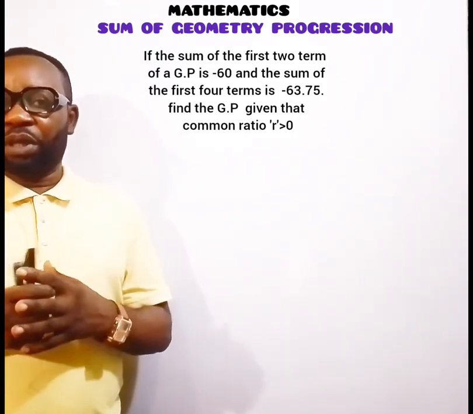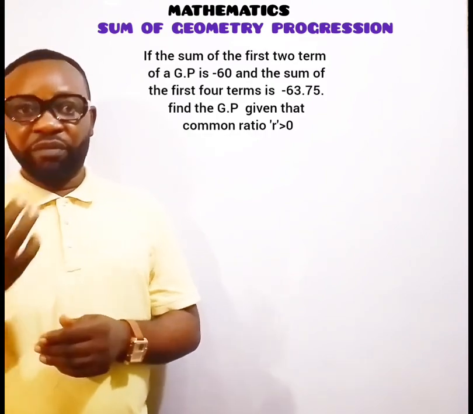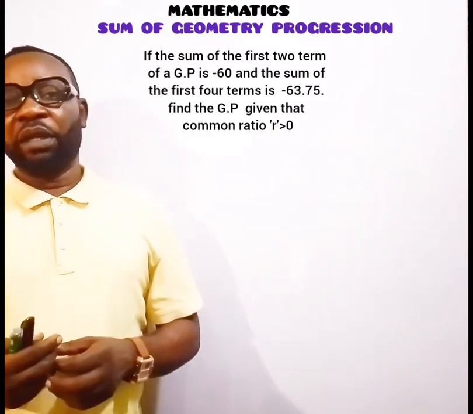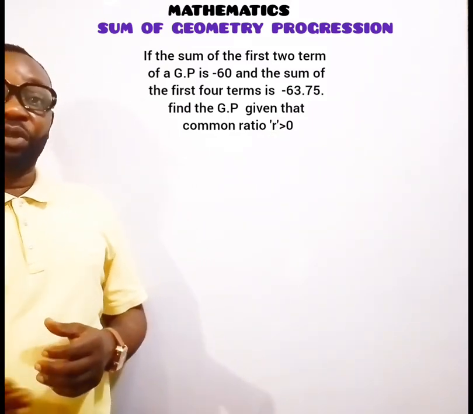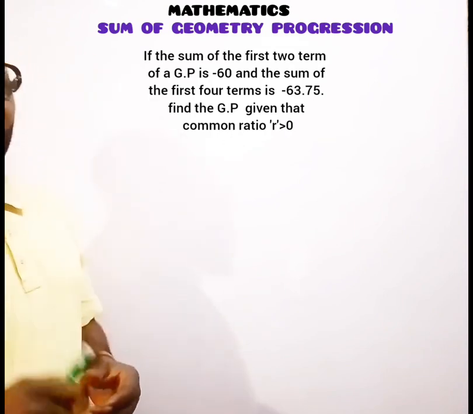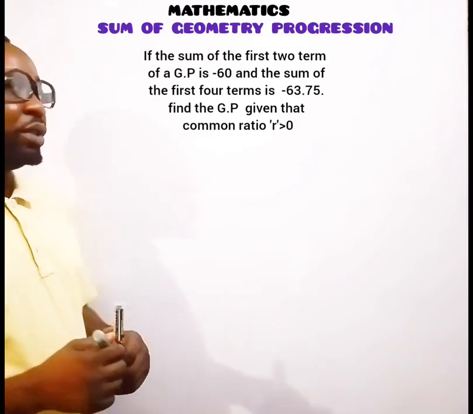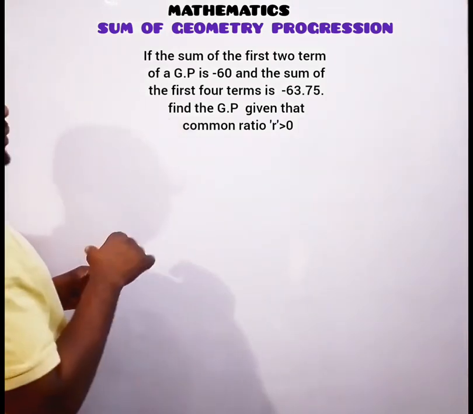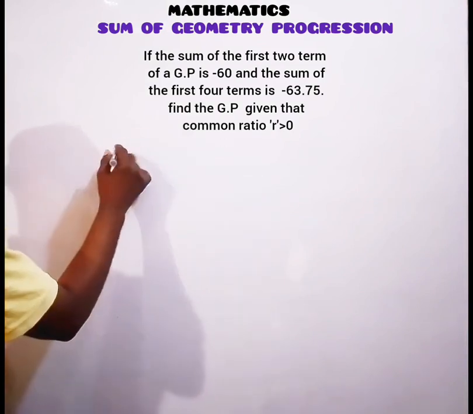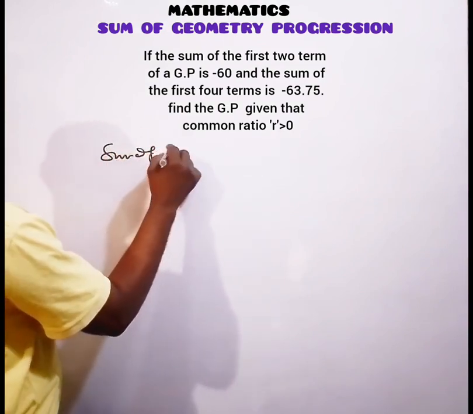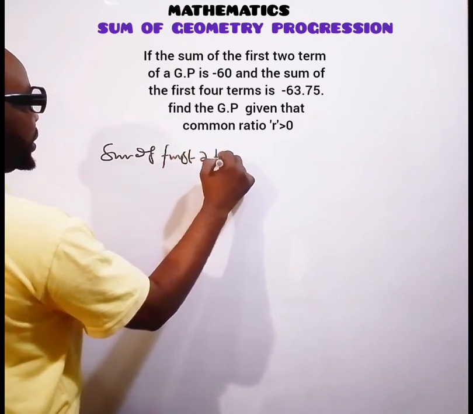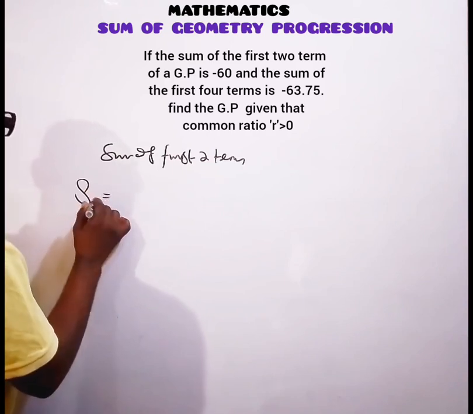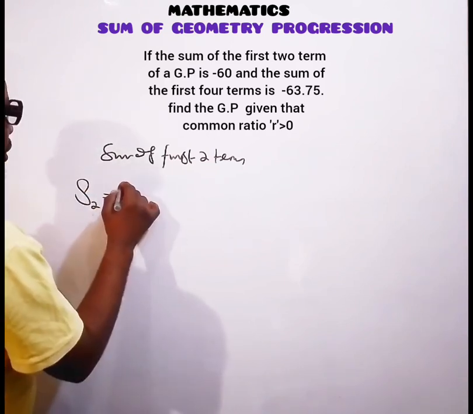We are now going to make use of that information to get the value of our first term, second term, third term, and the geometric progression terms in that order. So let's look at how we are going to solve this question now. The sum of the first two terms, that is S2, is going to be equal to